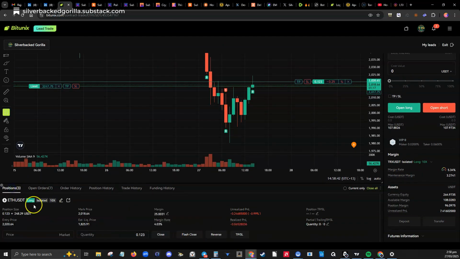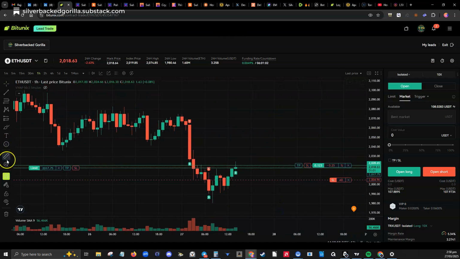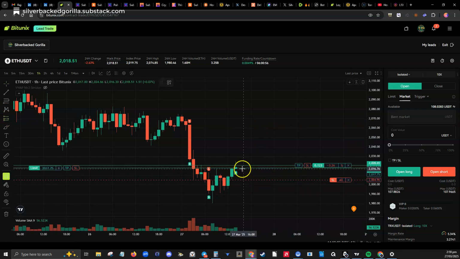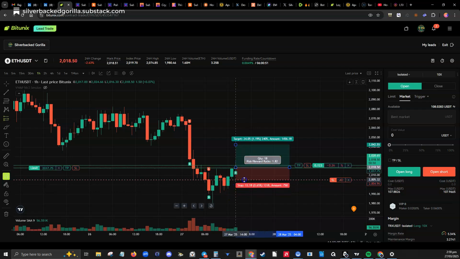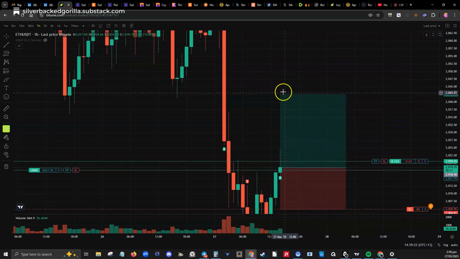Let me just go to our positions. Ethereum. So we've got the $25 position is what I've got at risk. I'd probably put a stop loss somewhere down there. Again, you use this long short tool, so your long position. Where your current position is, you've got to click on that and then bring this up to match where your actual stop loss is that you place it, which I just put just below that candle. And then obviously again, I open this up, stretch it out a little bit, and then I want to make that sort of 3.